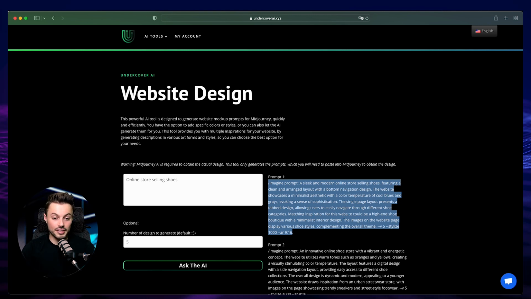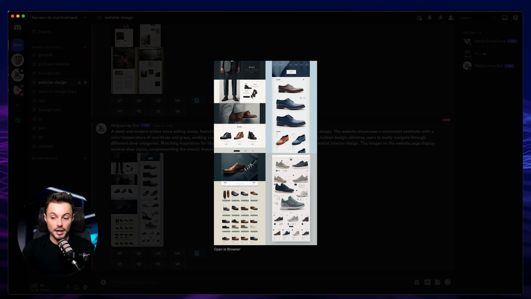Then I can pick something that I like, and then I will ask the AI to make me more designs like this option that I like. So then I have even more ideas. And for example, let's say that we like the first example here at the top left with the dark blue